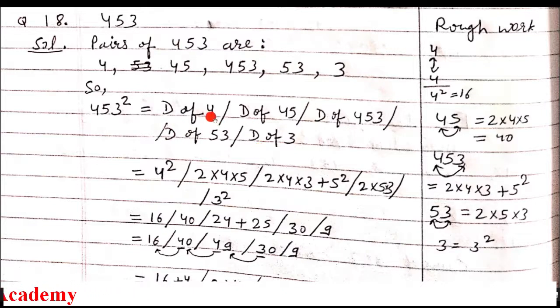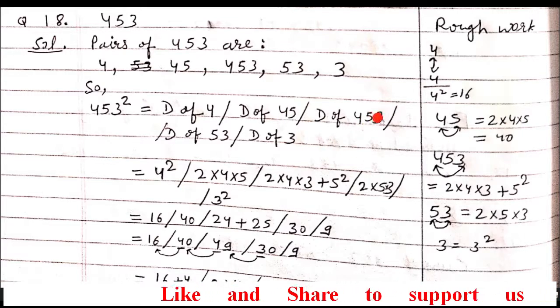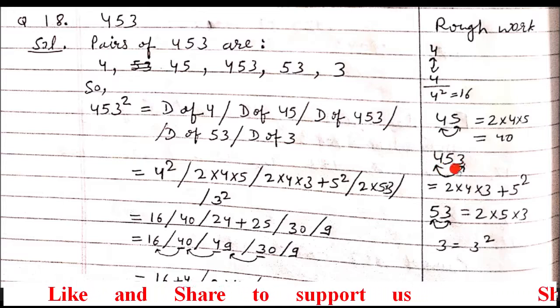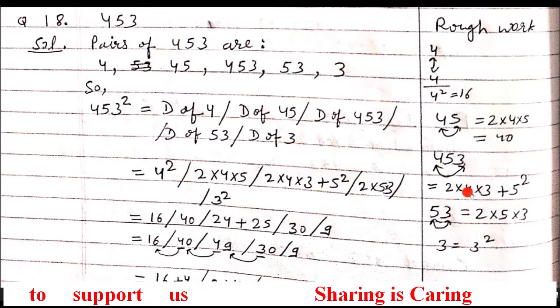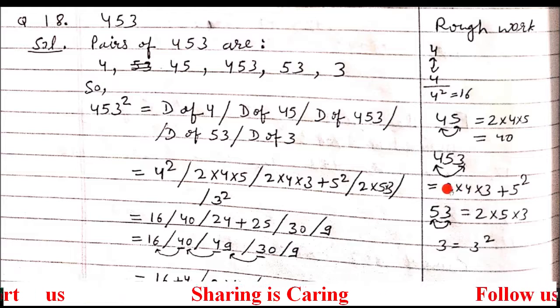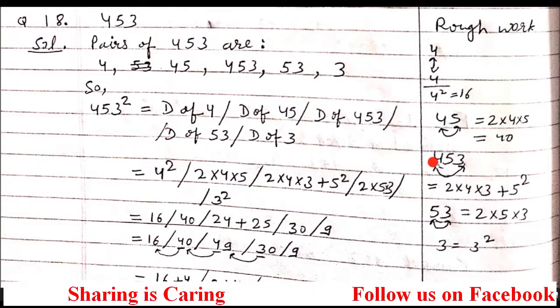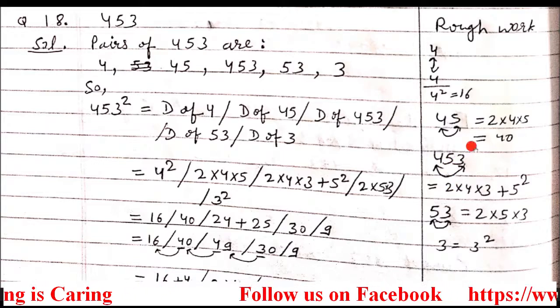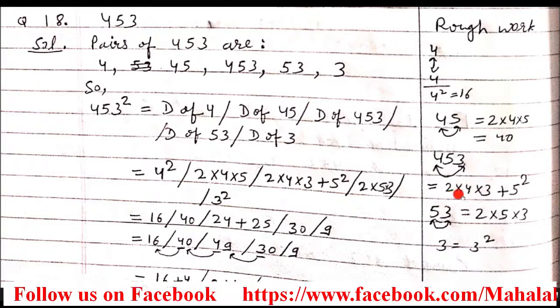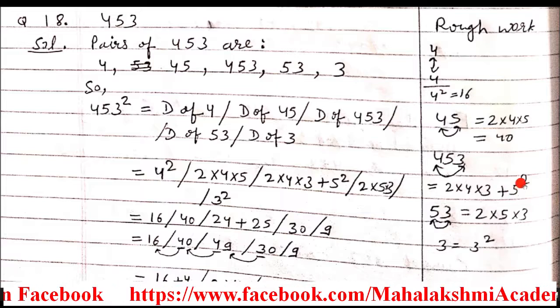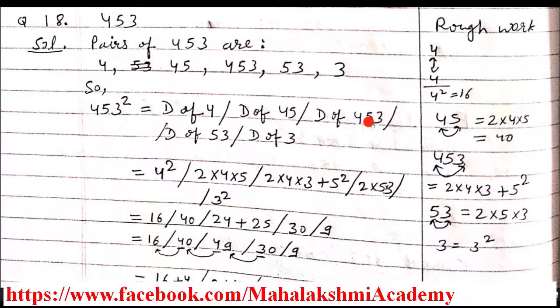Now after writing the step, the Dvandva of a single term is 4 square. For the Dvandva of 45, you just make the pair, then multiply 2 into 4 into 5. So like this. Dvandva of 4 5 3, make the pair from the extremes. So 4 and 3 came in the pair, so 2 multiplied by 4 into 3. So this 2 is additional, students, you have to take care. Whatever digits of the pair, along with that you have to take the extra 2. Like here also 4, 5 and then 2. In the same way 4, 3 and then 2. Now this 5 is alone, so the alone number is squared. So D of 4 5 3 is this.